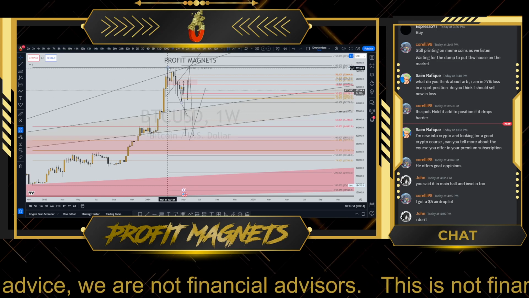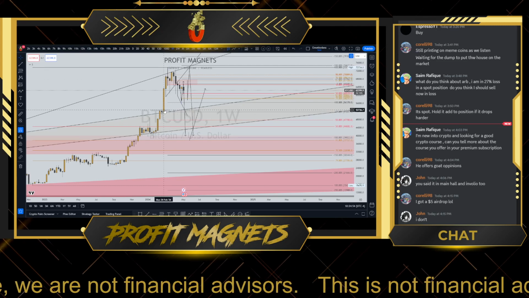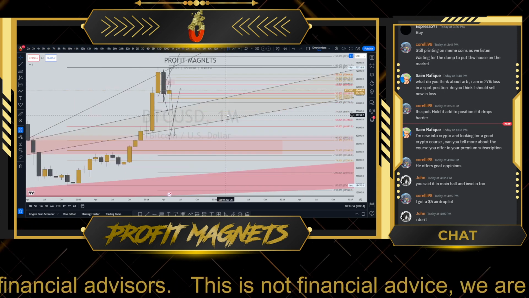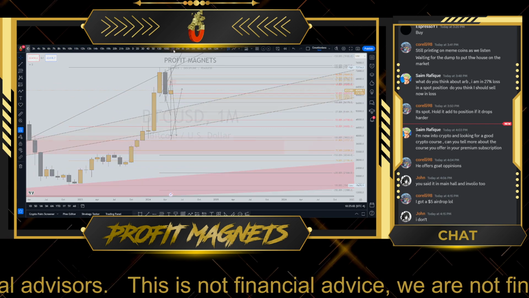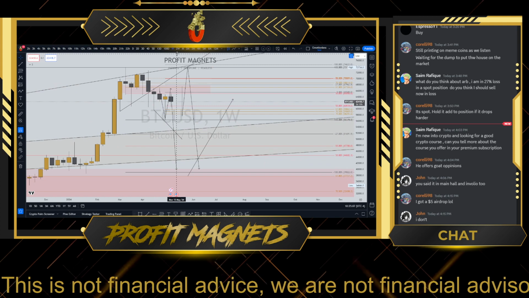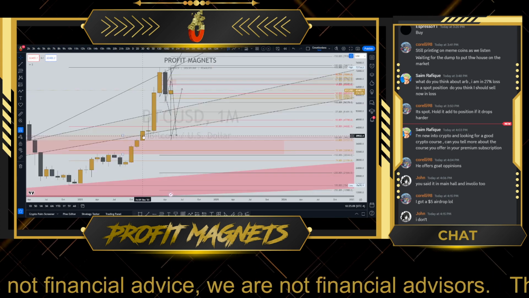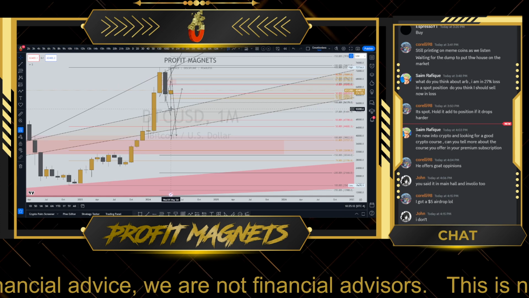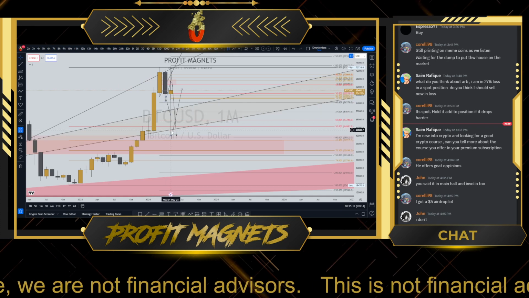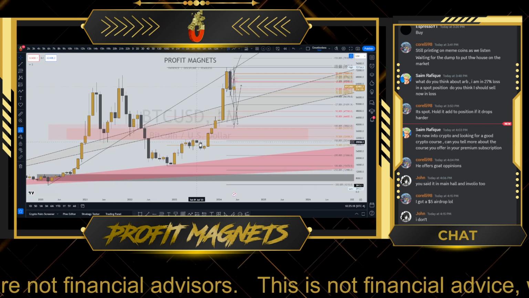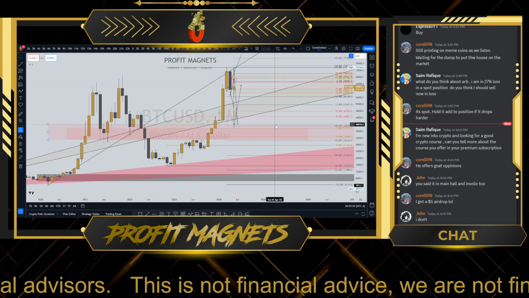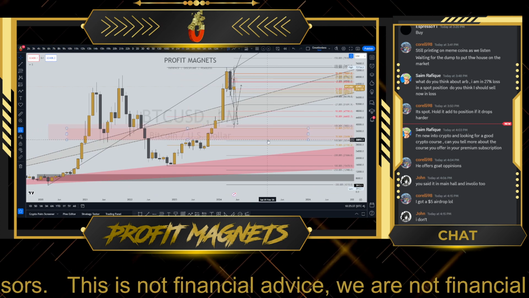We have then broken to the upside. We've not really retested it. Sure, we could consider this a retest. If you go on the monthly, we have not retested this trend line right here, which could imply that potentially we have to go lower. And while we have broken this trend line right here and found support, hypothetically speaking, which I don't necessarily believe is the case, on the monthly perspective, we haven't retested this trend line, neither this trend line, and that will take us back to $42,000 alone. Because it will get so close to the golden pocket, I will then start to think that it is likely for us to hit the $40,000 to potentially $30,000 Bitcoin again.